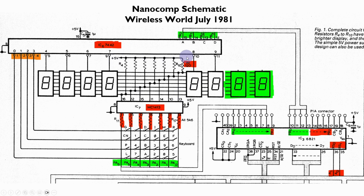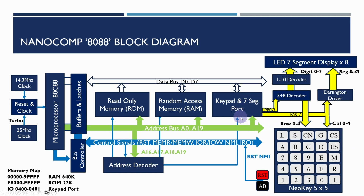We have pull-up resistors here, and these are the pull-up resistors that mean that the 7 segments are on by default. Now the reason for doing this is because we're using common cathode LED displays, and there aren't really any good chips out there for doing this decoding, or there certainly weren't at the time when the project was designed in 1981. So in fact, the way how this works is that the Nanocomp monitor both scans a